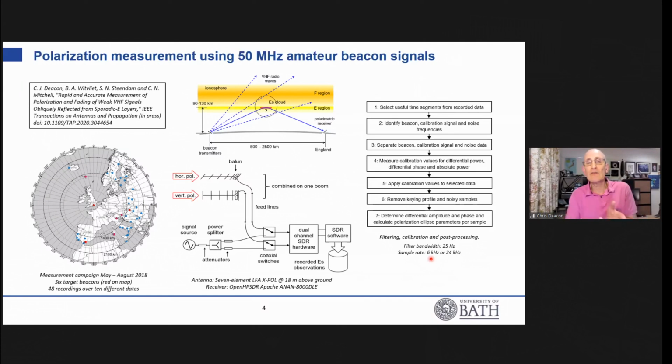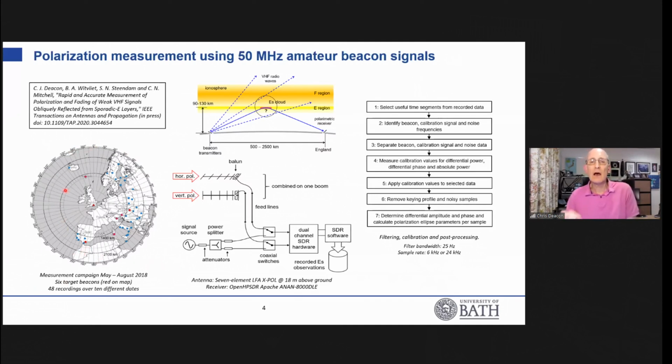I'm going to talk about an overview of the results to date, then look at some modeling that I've been doing, having established some basic findings, to see if I can actually reproduce the kind of effects that I'm seeing by ray trace modeling in FARLAP. So the experimental campaign took place in the summer of 2018, between about May and about August, monitoring beacons,